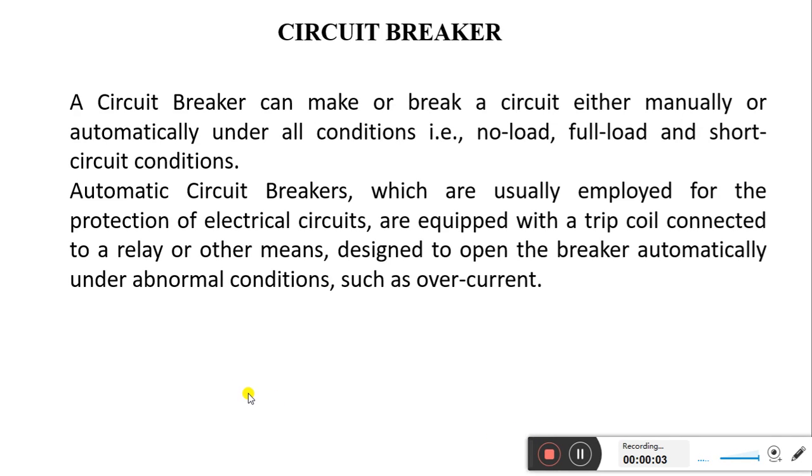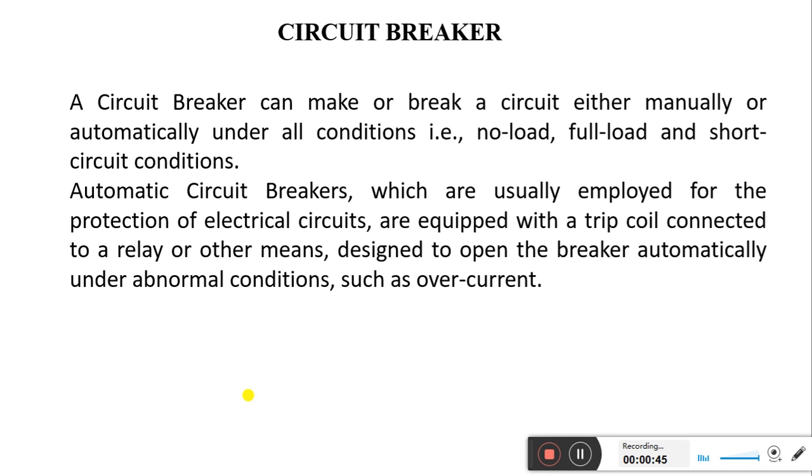So today in this lecture we will talk about the circuit breaker. First off, let us discuss what a circuit breaker is. A circuit breaker is a device which interrupts the current, voltage or power to a circuit. Basically, the design of a circuit breaker is that it has a main fixed contact and a moving contact, and inside there is a relay that is called the heart of the circuit breaker.